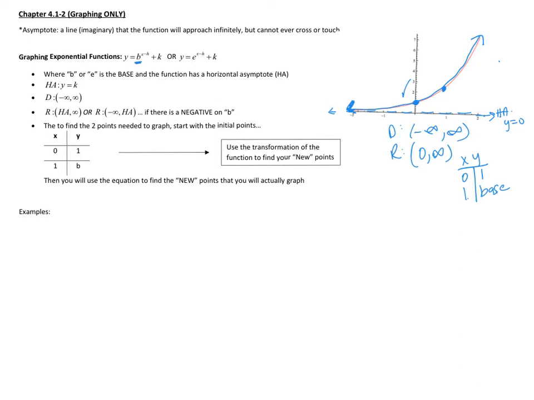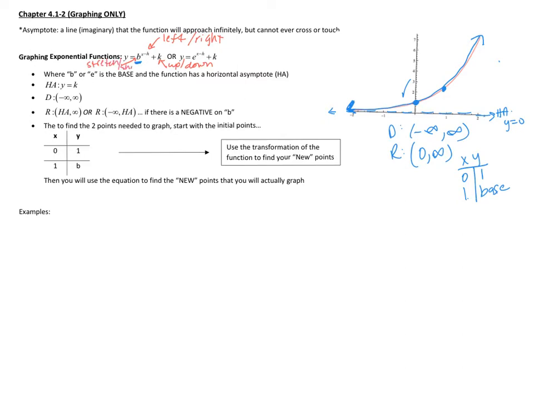Now, remember back when we were talking about how a graph could transform? Well, remember, we could move a graph up, down, right, left, stretch, shrink, reflect, do all of those things to it. So one thing that hopefully we notice is that I can see those same transformations here. Remember, our h is going to move it to the left or to the right. This k is going to move it up or down. And if I put a number in front of that base, then it would stretch,